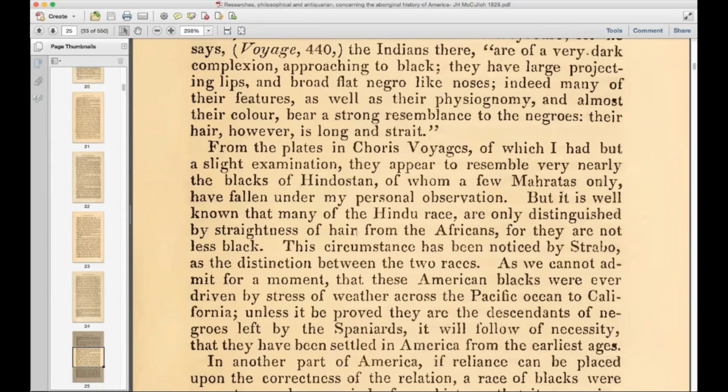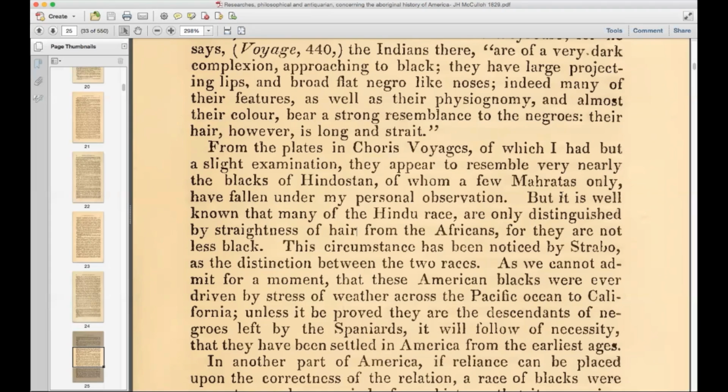as we cannot admit for a moment that these American blacks were ever driven by stress of weather across the Pacific Ocean to California, unless it be proved they are the descendants of Negroes left by the Spaniards. It will follow of necessity that they have been settled in America from the earliest ages. All right, so he's saying if you can't prove that they were shipwrecked from the Pacific Ocean, or had to migrate over here from there, or that they are descendants from Negroes, or so-called Negroes, which are just other Indians, right? left by the Spaniards, then these are people or Americans that have been here from the earliest ages,